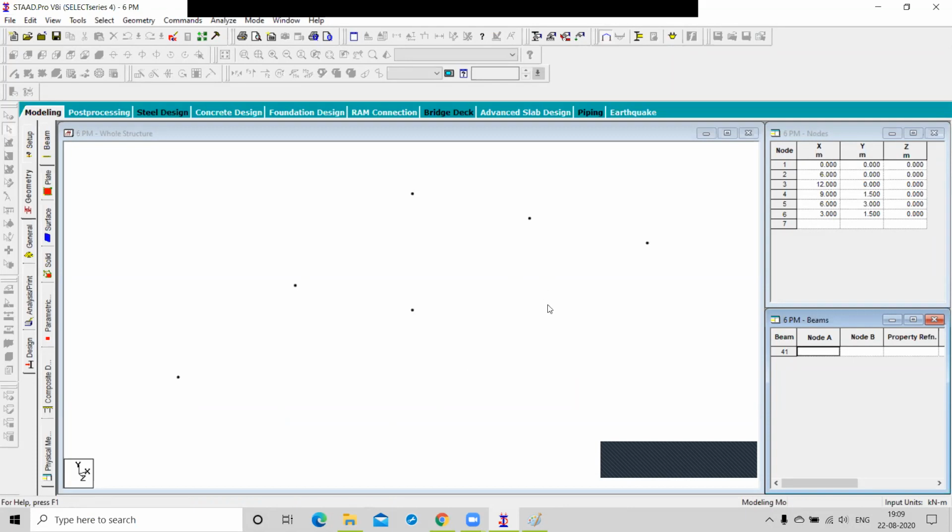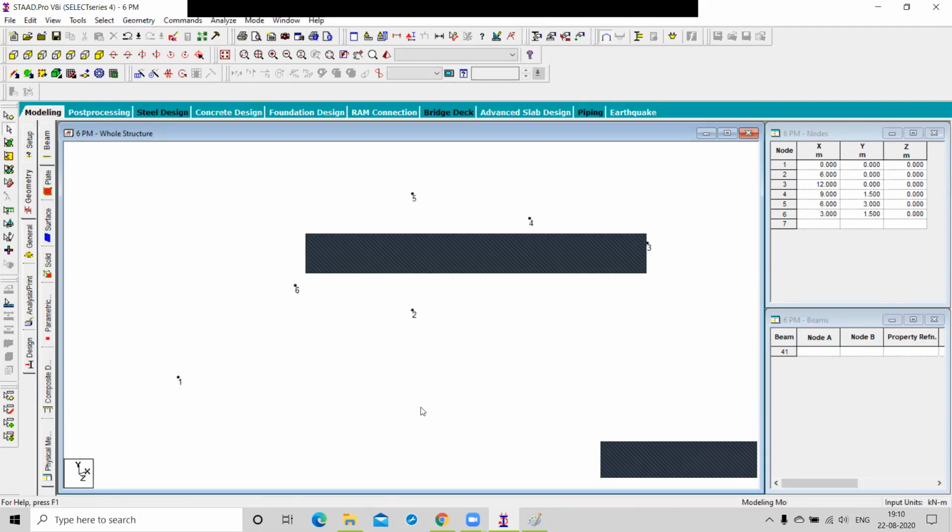because we have only 6 nodes. But if we have a large number of nodes, how can you remember them? So we have an option for numbering: it automatically shows you the numbers.